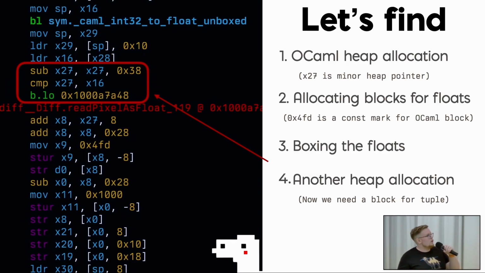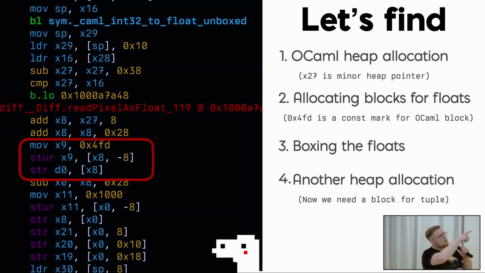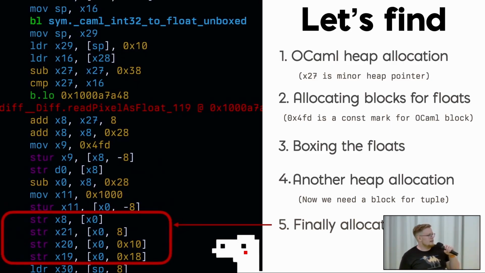And it does allocation for another, I don't know, a lot of bytes. And it takes another heap allocation, an inefficiency of adding 2 pointers one by one. Now it adds the fourth float to the newly allocated memory. For some reason, it put 3 floats into one portion of the allocation and 1 float into the other portion of the allocation. And now it basically allocates the tag for the tuple, which is 0x1000, and puts all of the 4 floats to the